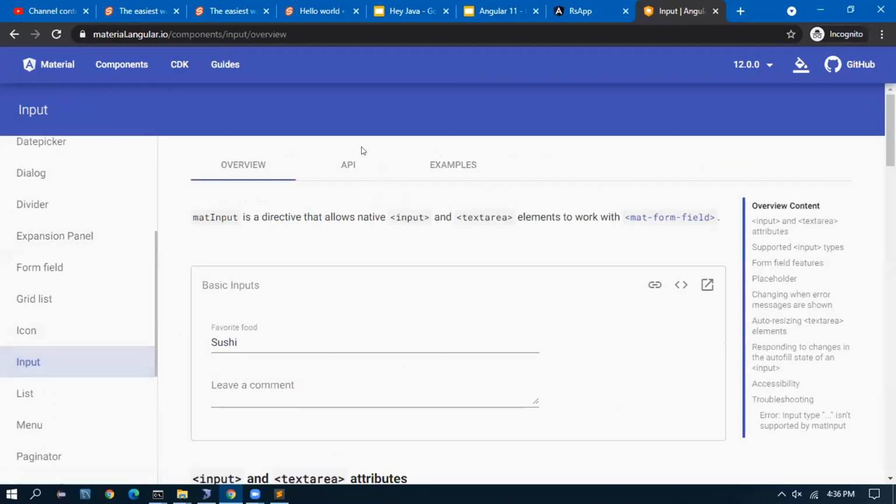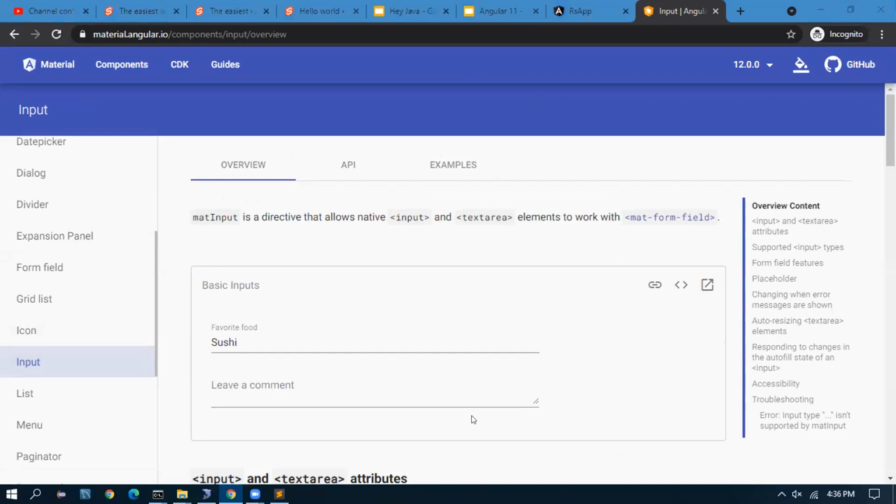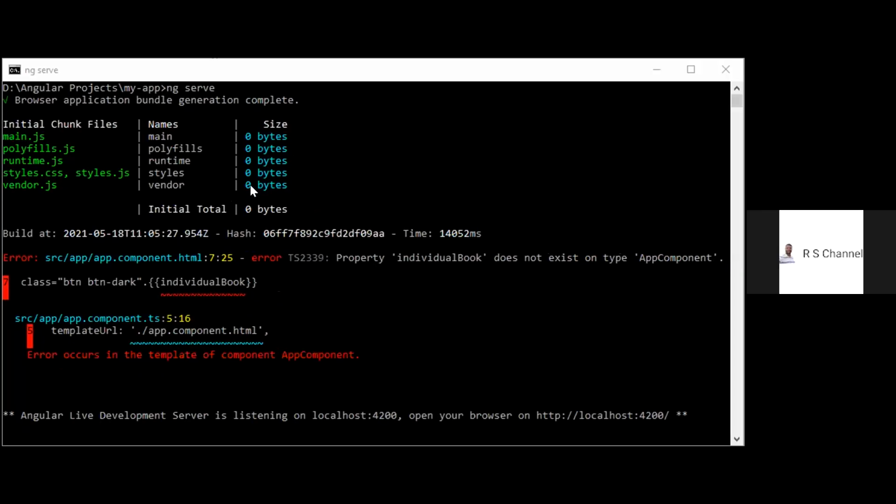Rajesh, just a second. I will share my screen. Yes, I'll give you access. Yes. I can see my screen. App component HTML line number 7. Can you go there? If you open Sublime.